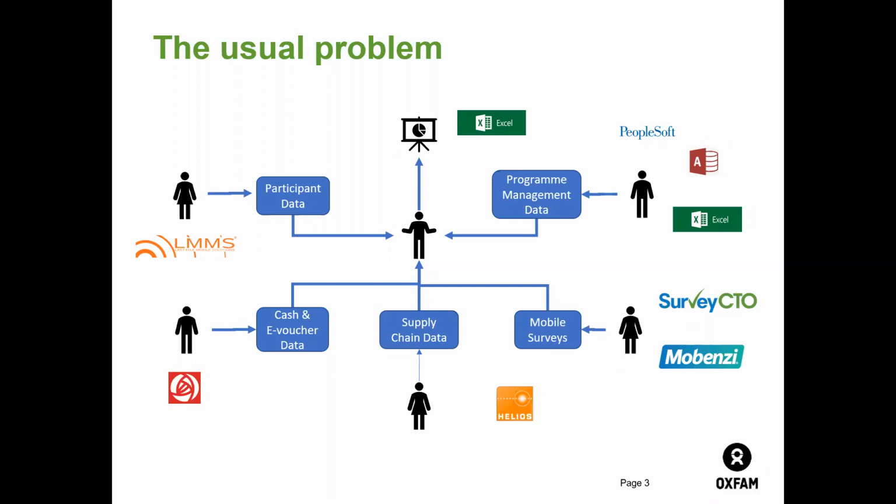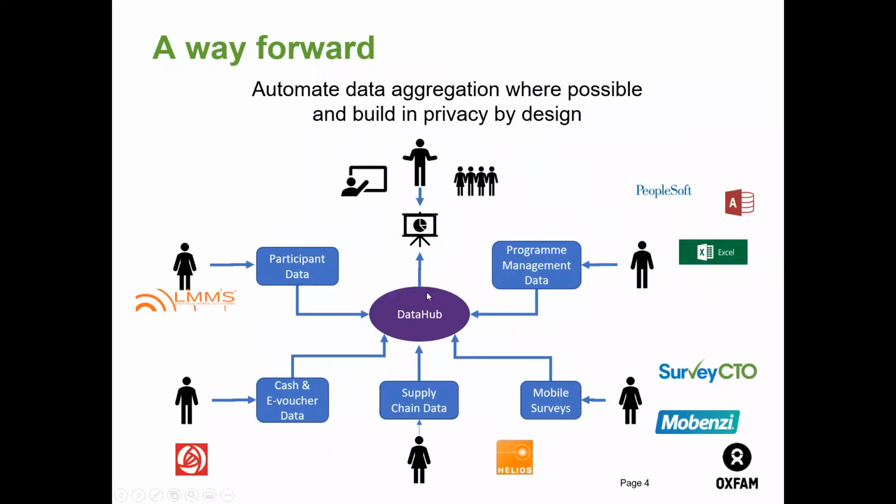And so what we wanted to do, as a potential way forward for us, was this idea of building a data hub, which is a way of automating some of this data extraction and aggregation where possible, and where preferred, and that's something I'll come on to a little bit later, but also building in privacy by design. So trying to automate some of those extraction and processing steps